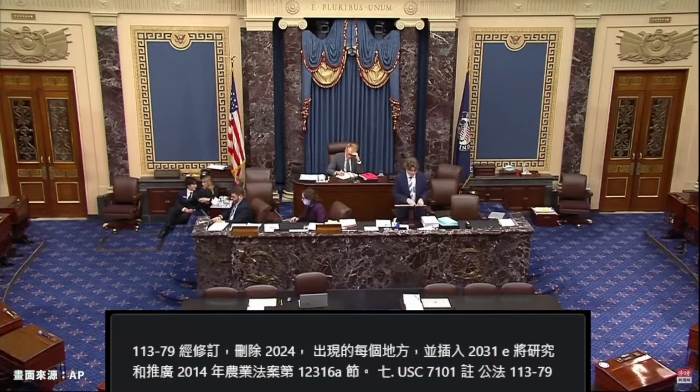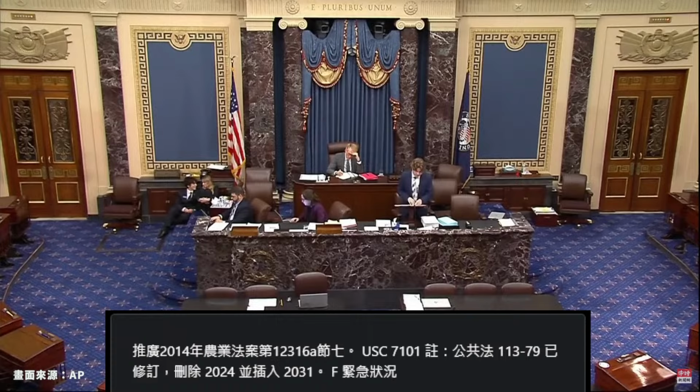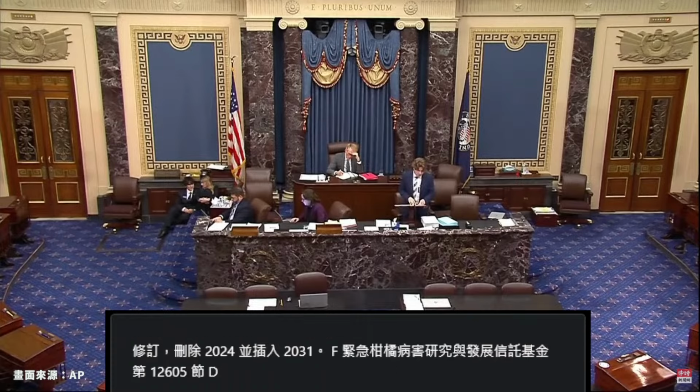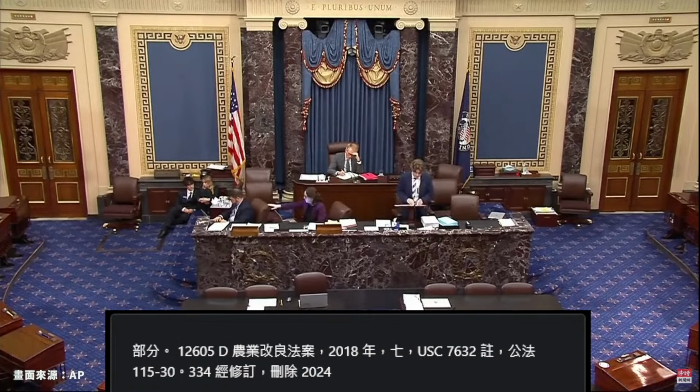(f) Emergency Citrus Disease Research and Development Trust Fund. Section 12605(d) of the Agricultural Improvement Act of 2018, 7 U.S.C. 7632 note, Public Law 115-334, is amended by striking "2024" and inserting "2031". Title II, Committee on Armed Services. Section 20001, Enhancement of Department of Defense Resources for Improving the Quality of Life for Military Personnel. (a) Appropriations. In addition to amounts otherwise available, there are appropriated to the Secretary of Defense for fiscal year 2025, out of any money in the Treasury not otherwise appropriated, to remain available until September 30, 2029: